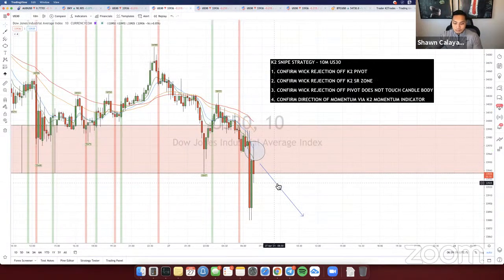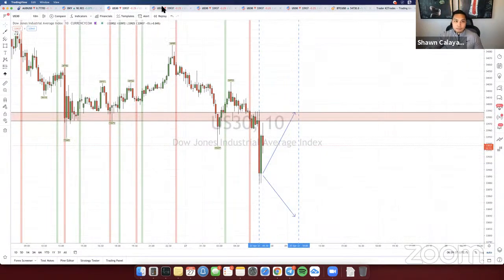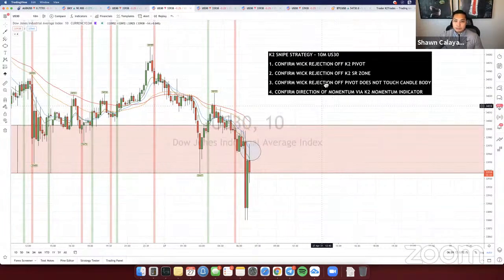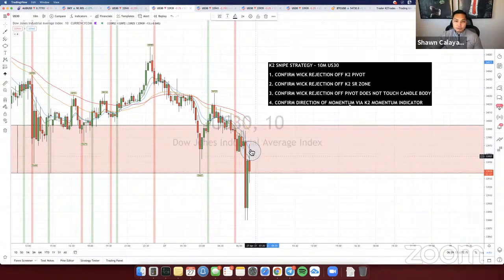Well, we'll have to wait and see because these are going to be at your risk trades. We're still waiting for this to confirm the move, right? We don't have the confirmation yet, but the reason why I think this is going to drop is because we have the wick rejection off the pivot. It's rejecting off the K2SR. Momentum right here is indicating a downward push, right? So all of these line up for a drop. It's basically hinting that a breakout is going to happen downwards from here.